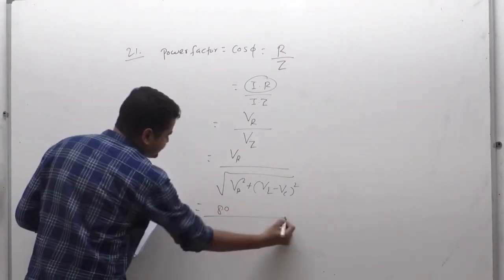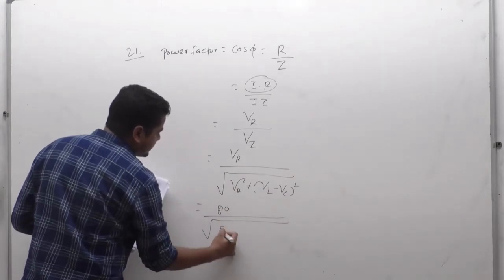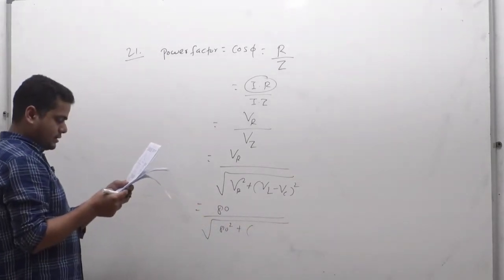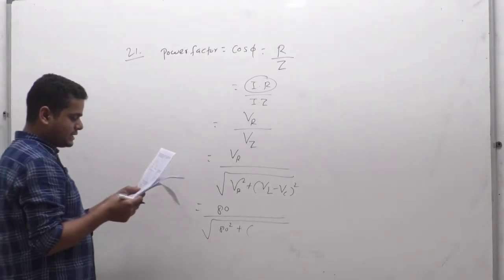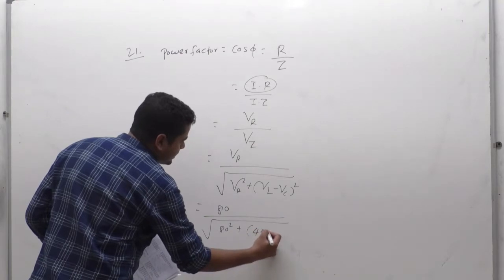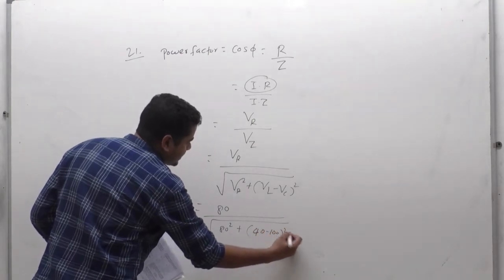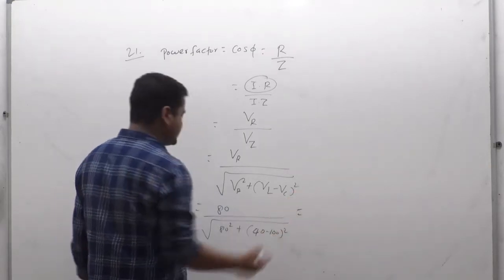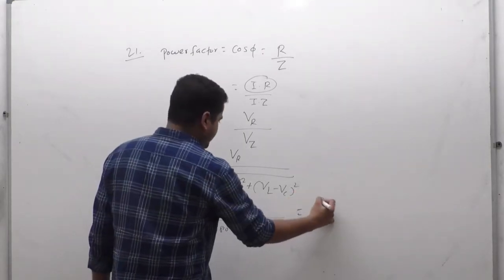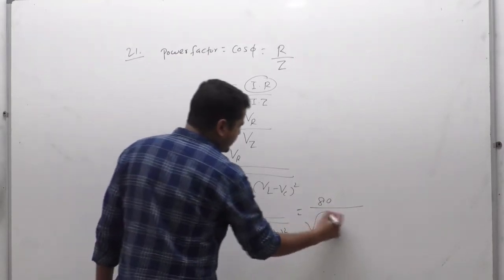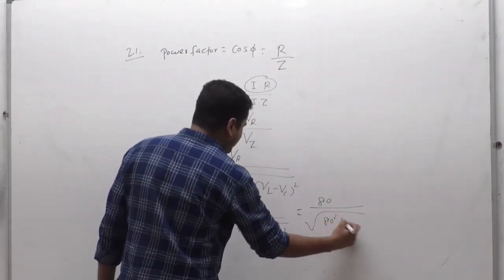Put it 80 under root of 80 square plus... capacitance and inductors is 40 and 100 respectively. So this is 40 and 100 respectively. So on further simplification, we can substitute 80 divided by under root of 80 square plus 60